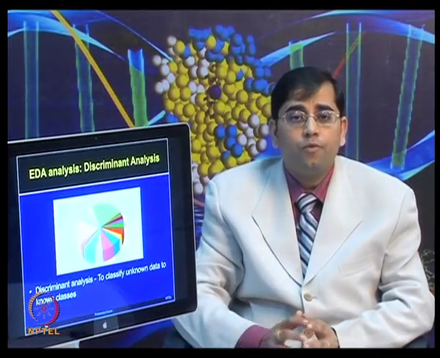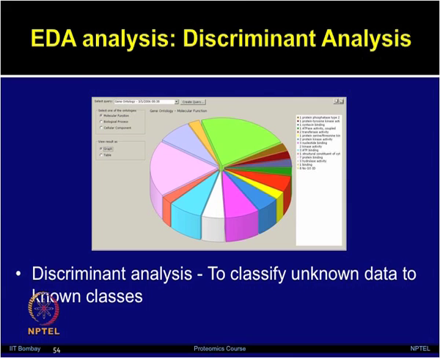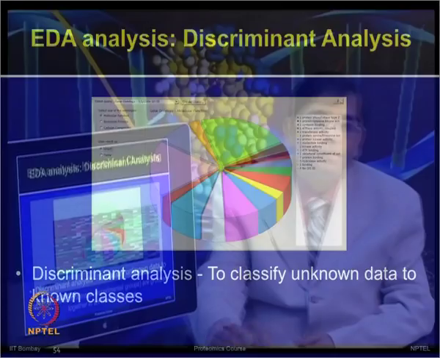Now, by using this software, one can obtain further information about different types of discriminant and classes. So, the discriminant analysis is used to classify the uniform data for the known classes. One can initially take all the proteins which are significant and then try to group those based on the known classes. The hierarchical clustering is another method which is